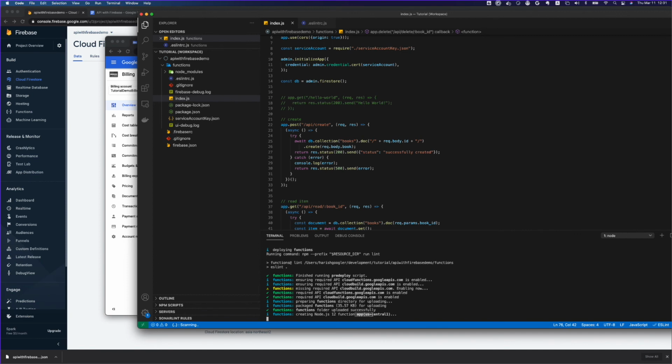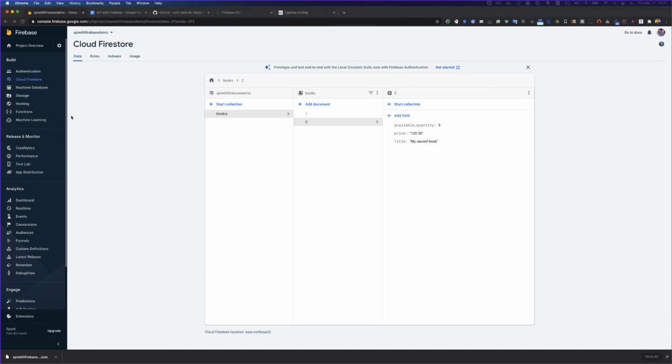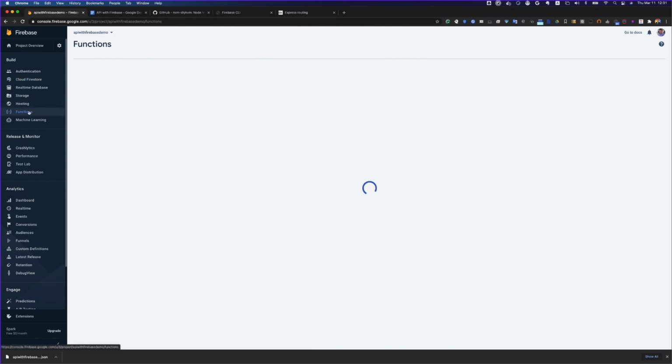So here it's deploying it to US Central 1, and I will show you how to change this location, if you want to deploy your function to some other place, because I'm in Japan. I want to deploy it into a Japan location rather than US. I will show you how to do that as well. Anyhow, it's deploying it. So let's go to functions and see what's happening here.